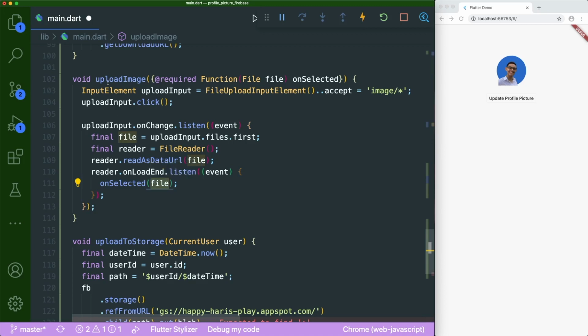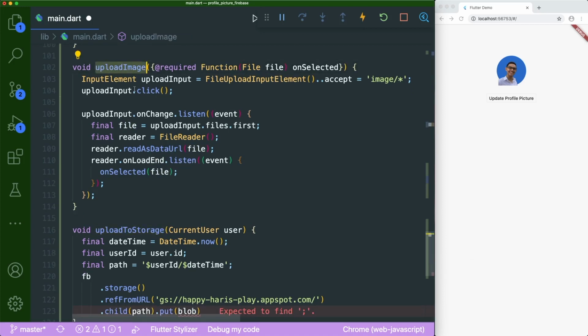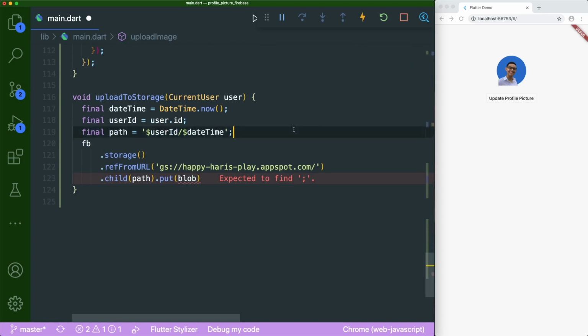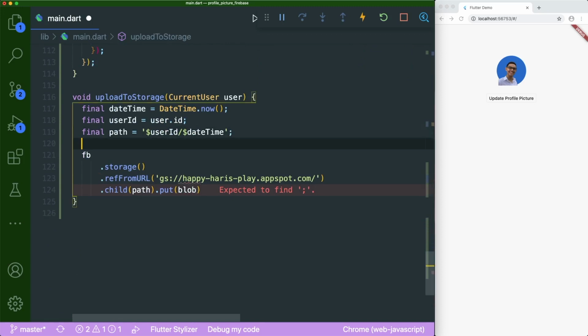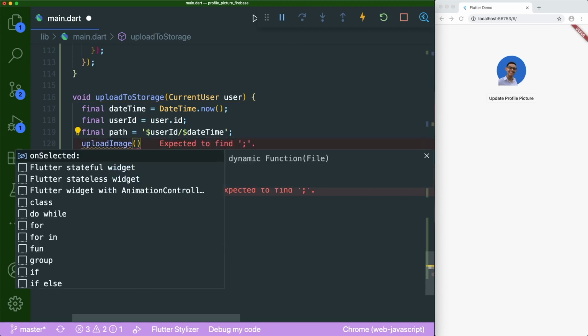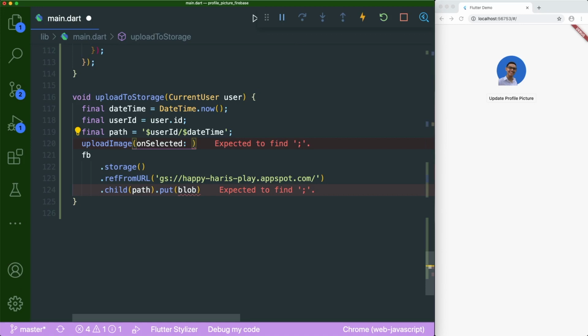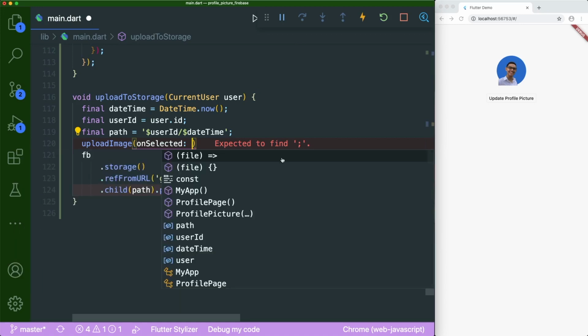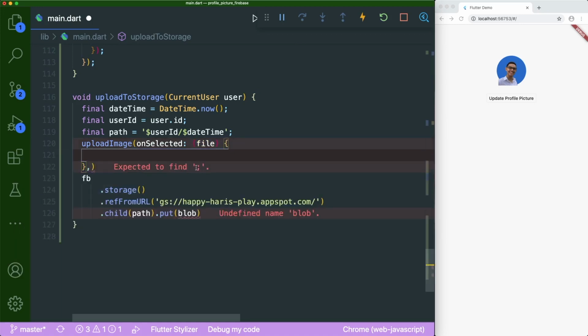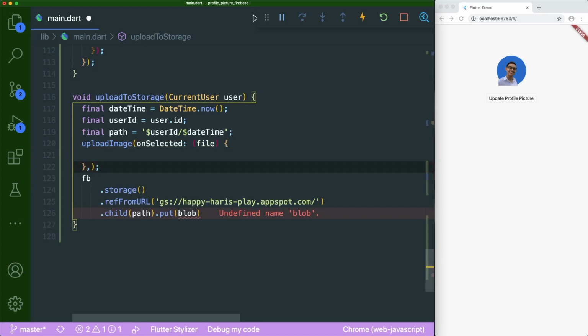Then we are going to use this upload image function inside our upload to storage function. So let's copy the upload image function name over here, scroll all the way down, and then right underneath the final path statement, we're going to paste the upload image function. And then we are going to put in the onSelected that is required. So inside our onSelected, let's use the file with the curly brackets, put in the semicolon,